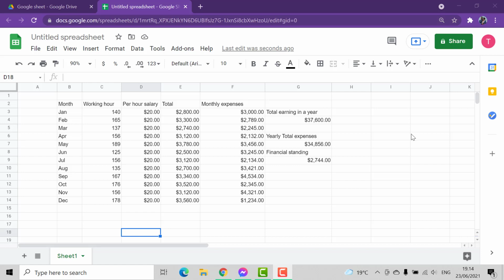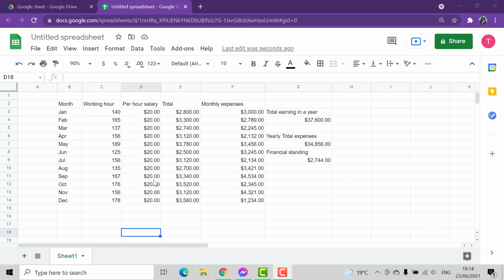In this tutorial, I am going to show you how you can calculate your income throughout the year if you're a per hour worker, and also at the end of the year, how you will know that you have some surplus in your account or you have a negative status. And also along the way, how you can calculate so that you don't end up being negative in your